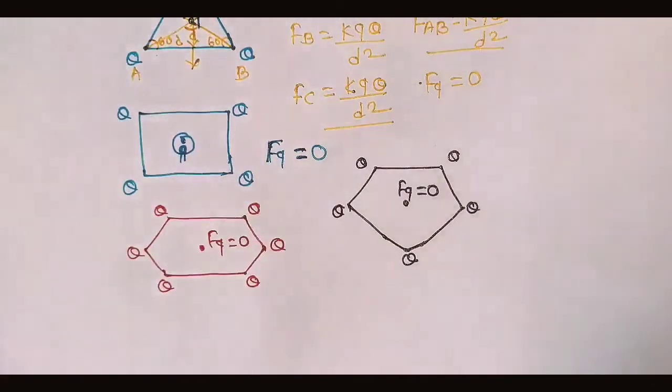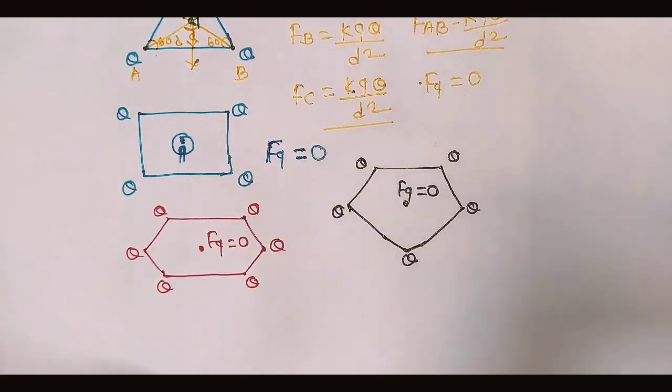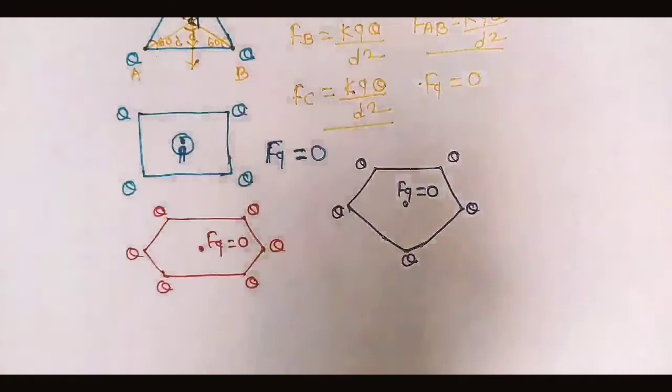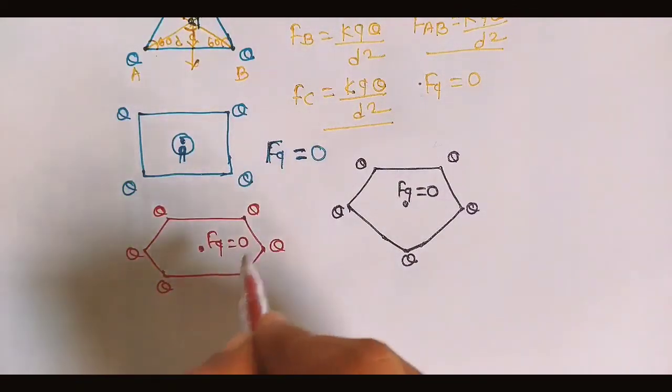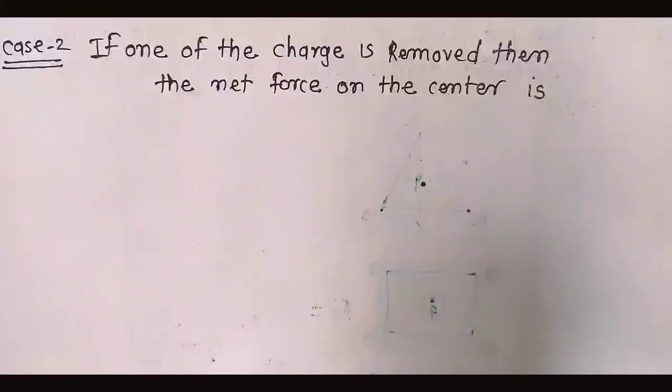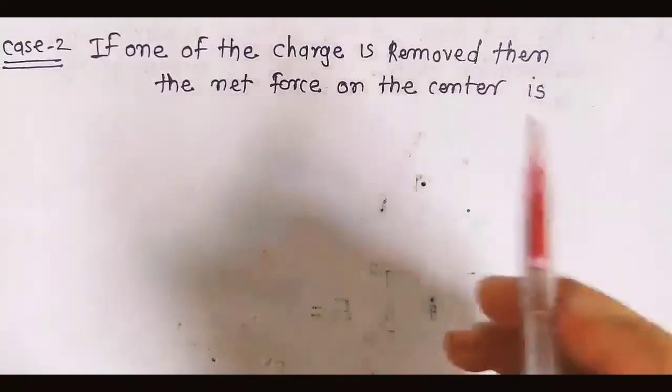So in this way you can easily find the net force when identical or equal charges are kept at the corners of any polygon, hexagon, square or equilateral triangle. We can simply remember one thing: when identical charges are there, the force at the center is 0. And the second case is that if one of the charges is removed, then the net force on the center is...